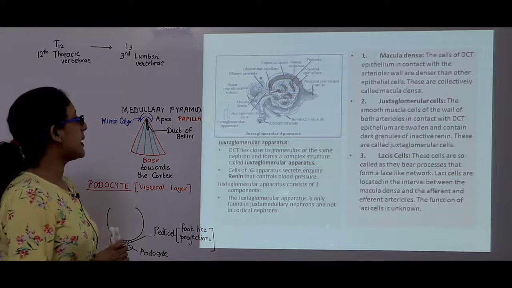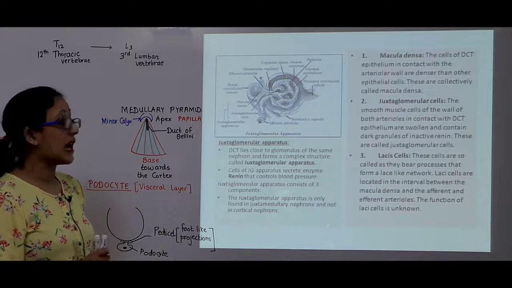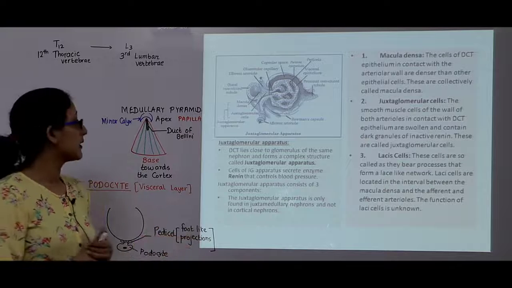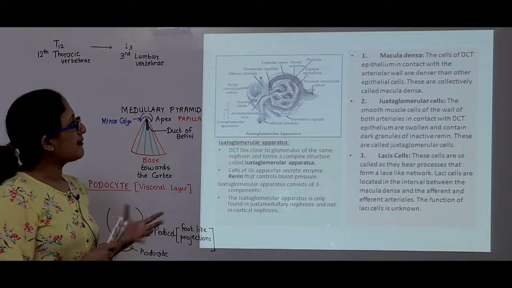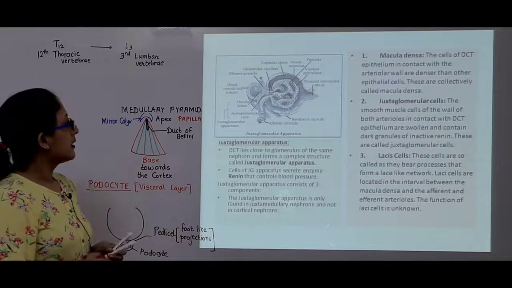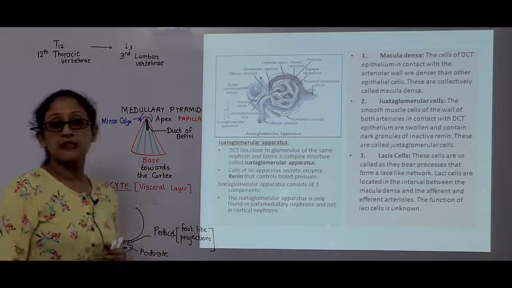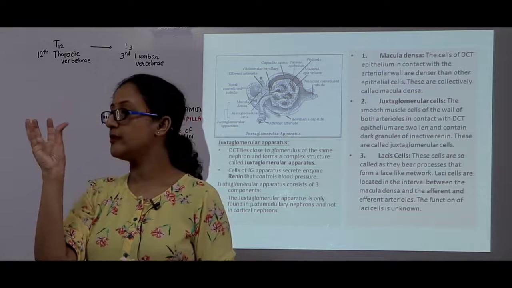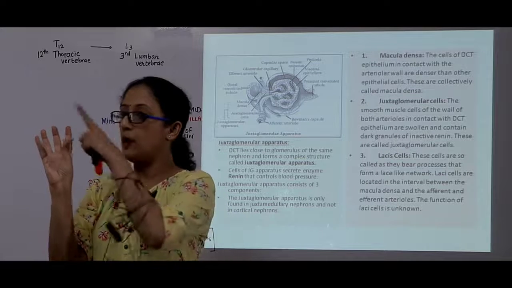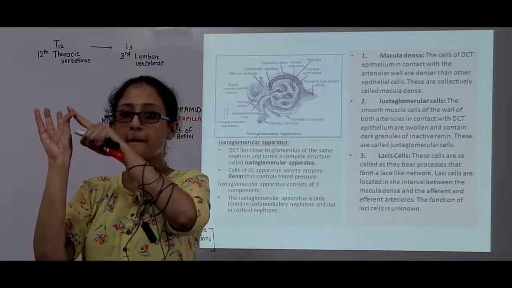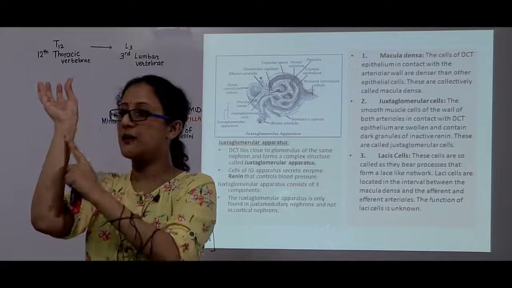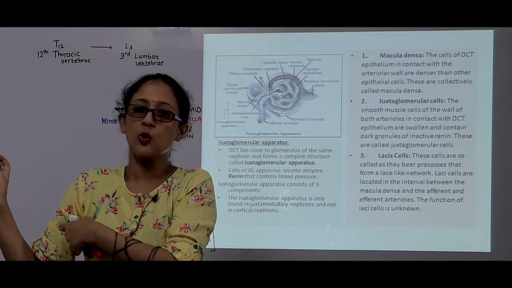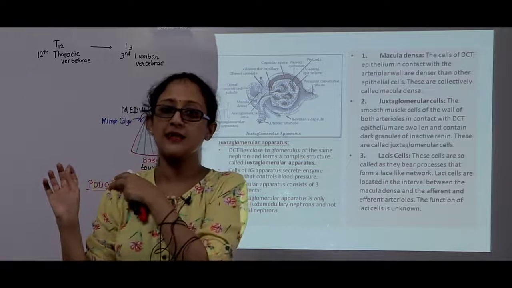We go to the next part, which is the juxtaglomerular apparatus. Now, this diagram looks very scary. I will give you a modified version of it later. So, understand this now. Imagine this portion is the Bowman's capsule. This is the PCT. My wrist is the PCT. This is Henle's loop and my shoulder is the DCT.